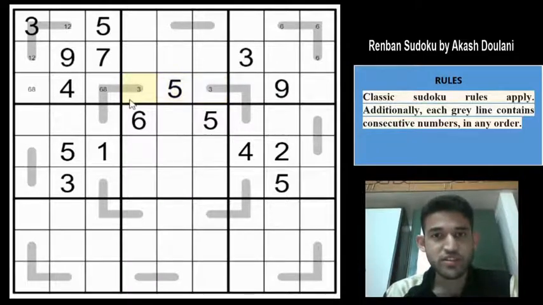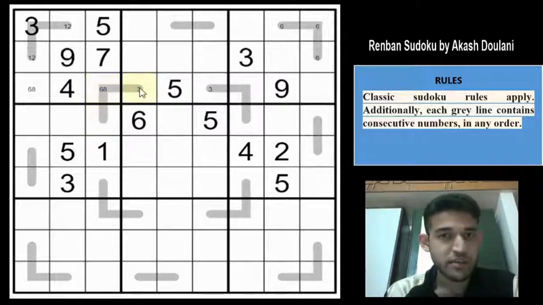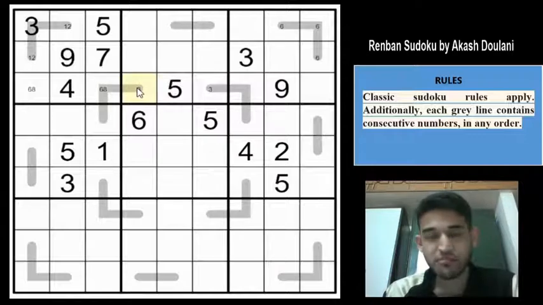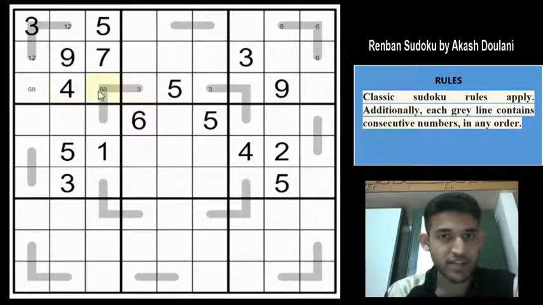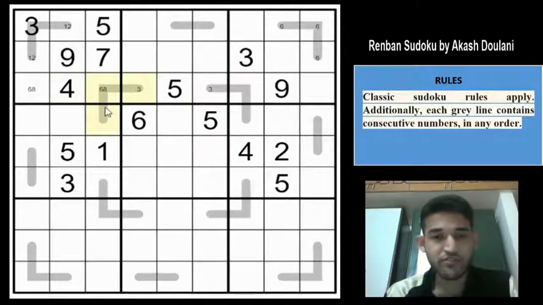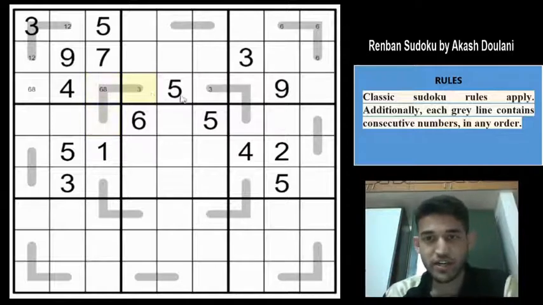Okay, so this is a sharp deduction. Can you have a 3 in row 3 column 4? If you have a 3 here, then you must have a 6 or 8 here, right? You can never form a Renban line of 3 consecutive digits with either 6 or 8 here, because 3 can reach a maximum of 5: 3, 4 and 5. It cannot reach 6 and 8 in a Renban line of 3 consecutive digits. So 3 is not here, so 3 would have to go here.